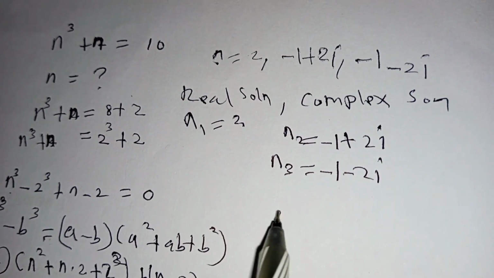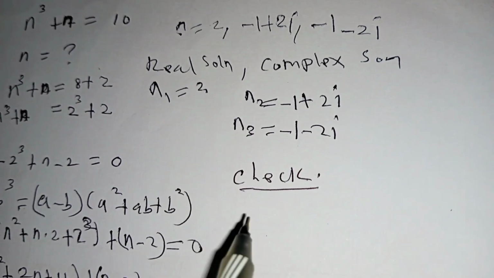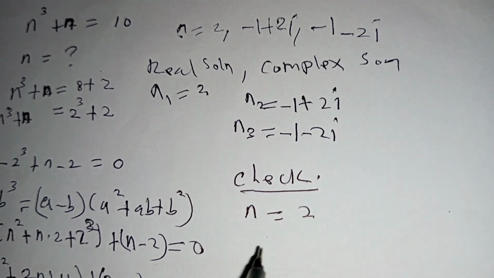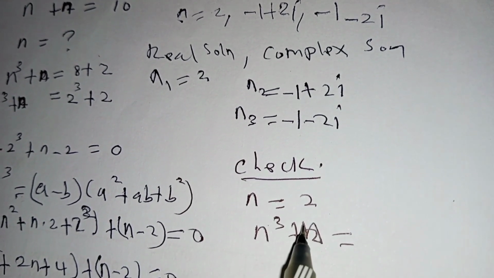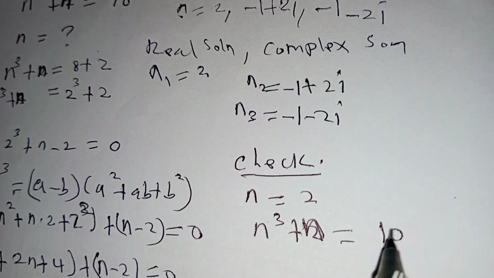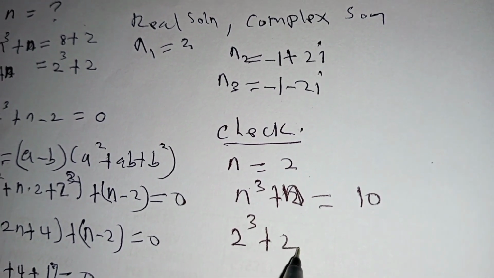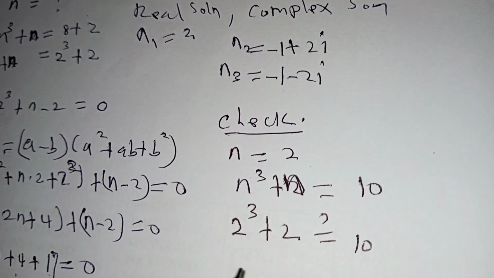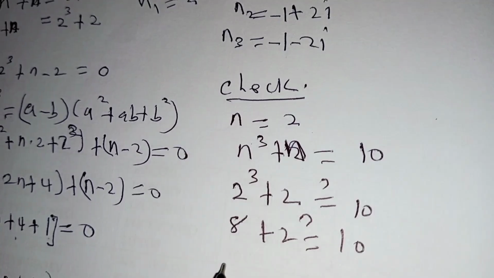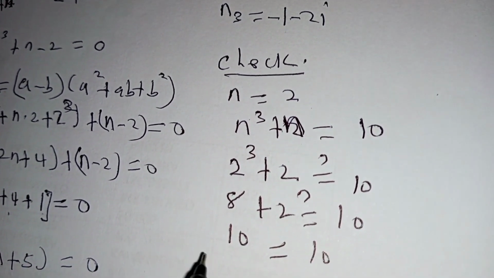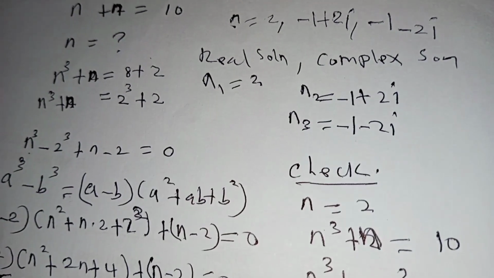You can always check to confirm whether your working is correct. Let me only check for the real solution, n is equal to 2. You have n cubed plus n, which is equal to 10. 2 cubed plus 2 will give us 10. 2 cubed is 8 plus 2, which will give us 10. So 8 plus 2 is 10, which is equal to 10. So the right hand side is equal to the left hand side,